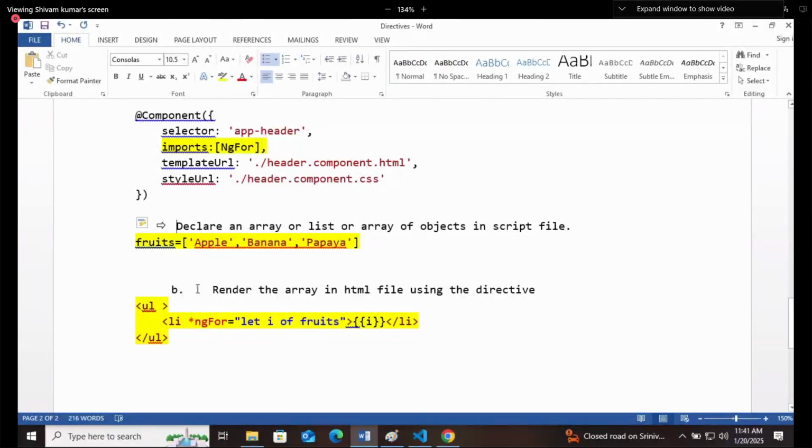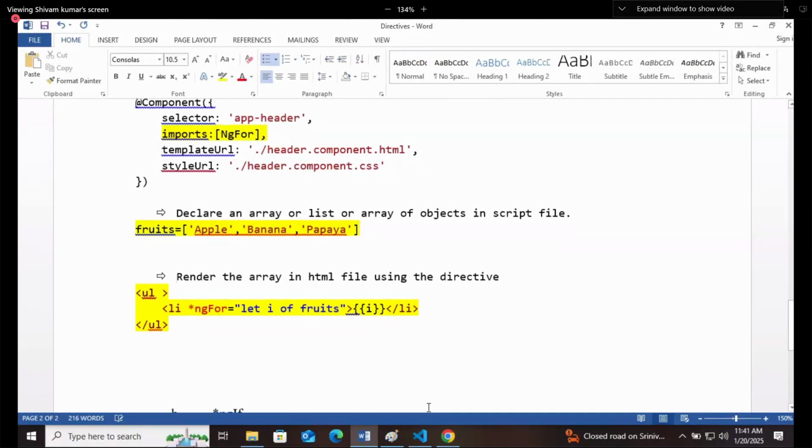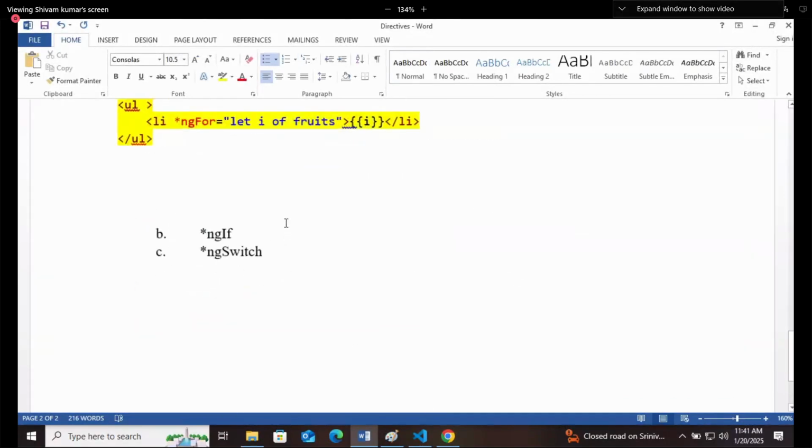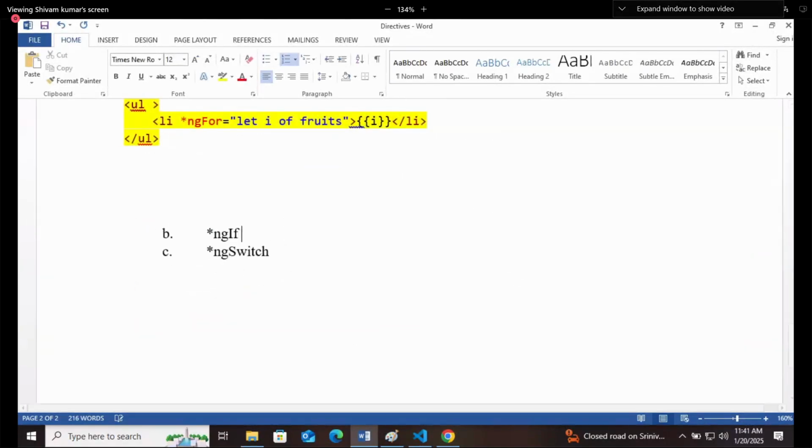Wherever you want to write any condition, there you can use it. If is also the same here. Ng stands for Angular, if is the condition.